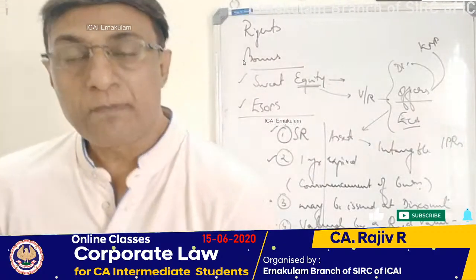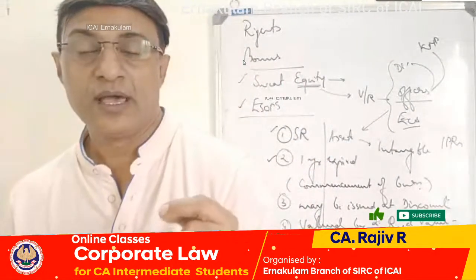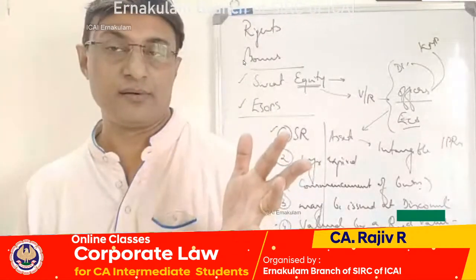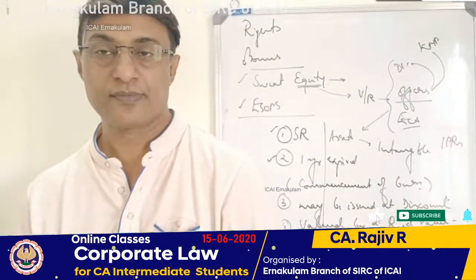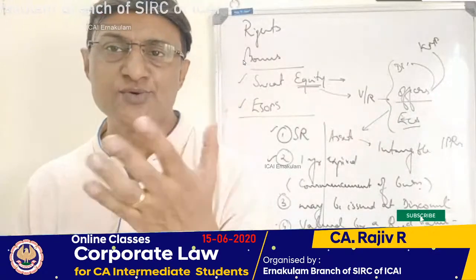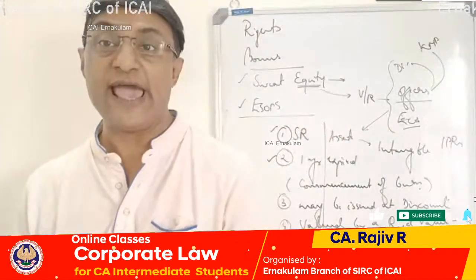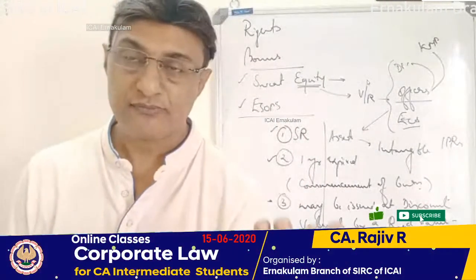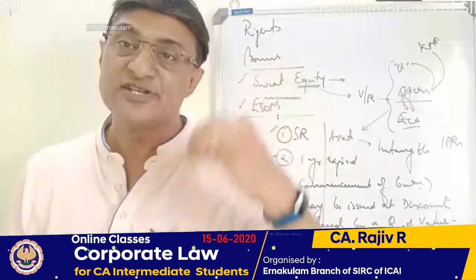Let us say this director has developed a very innovative kind of fuel which can be used by helicopters. Helicopters and planes use a fuel called ATF, air turbine fuel, also called white kerosene. Very costly. In fact, when we purchase a flight ticket, 70% of it is towards that